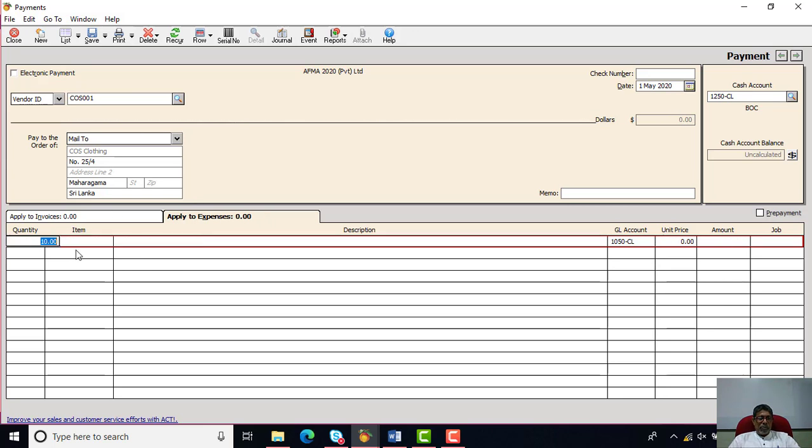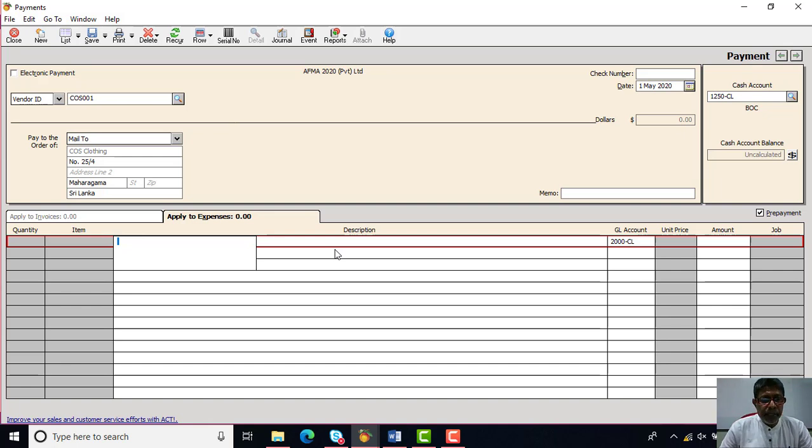So that is the next option available. One more option in this particular window against the suppliers is that you can make a prepayment to the supplier. In case you want to pay a prepayment to the supplier, we should tick the prepayment box. You can tick on that, and the window will change. Then you should enter the payment description, and just type the amount, how much you pay to the vendor.